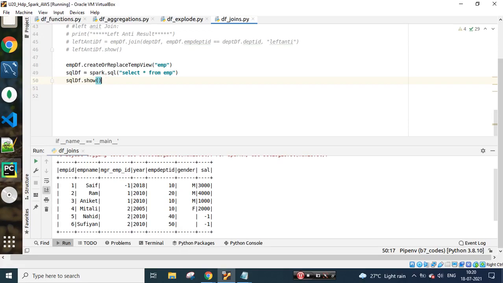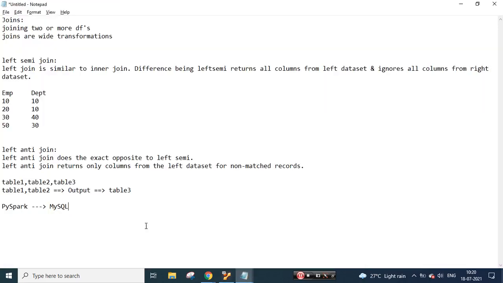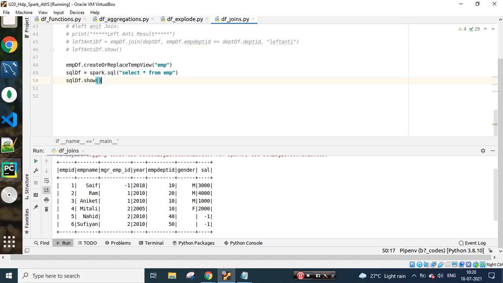So all those integrations are possible, and we will be seeing that at a later stage. Okay, so let's remove this. Either you can write your ANSI 89 queries or ANSI 92 queries. Now what is ANSI 89 and what is ANSI 92? I hope you might be knowing this, but let's quickly